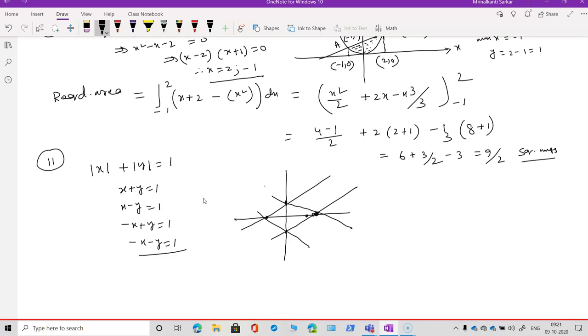So we'll find the area of this whole region, that means we'll find the area in the first quadrant, and from there we'll multiply the area by 4, we'll get the whole area. This point is 1, 0, this is 0, 1, minus 1, 0, 0, minus 1. So the required area